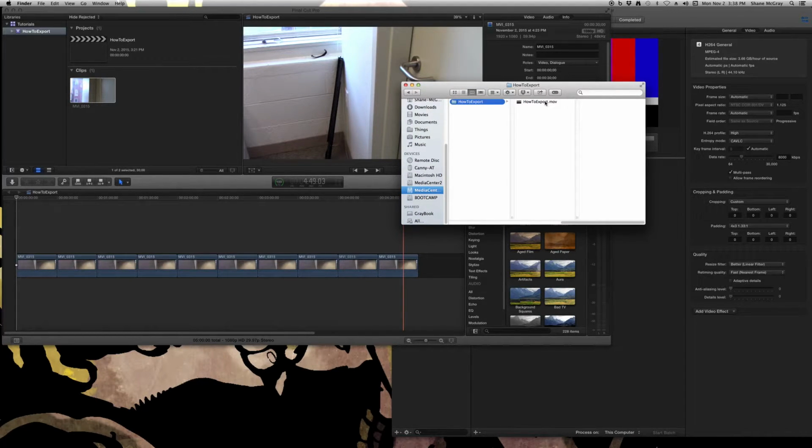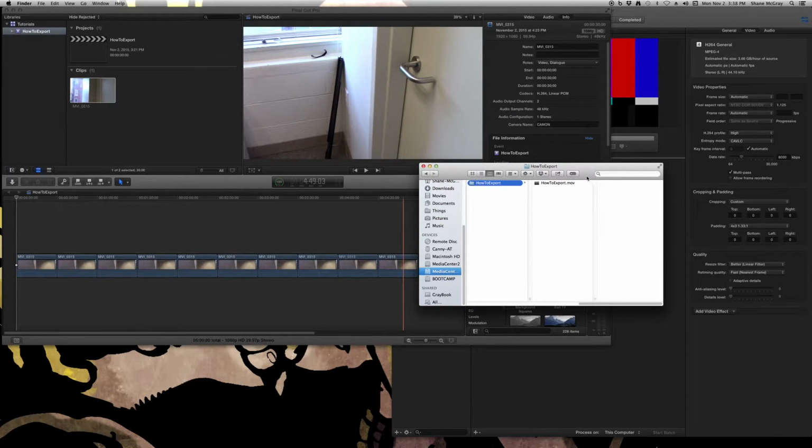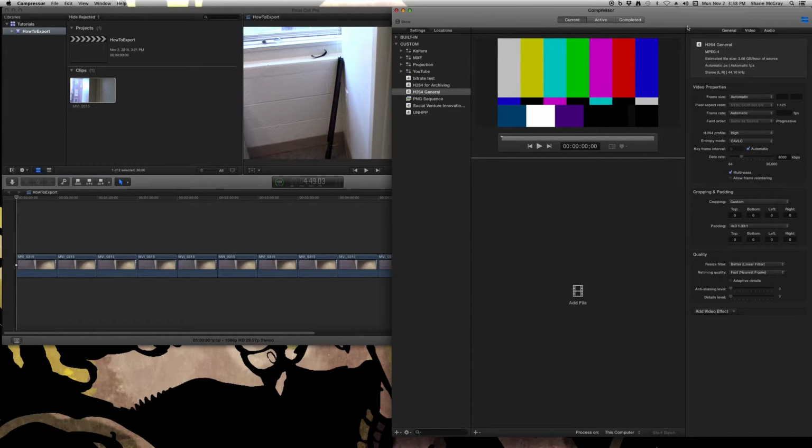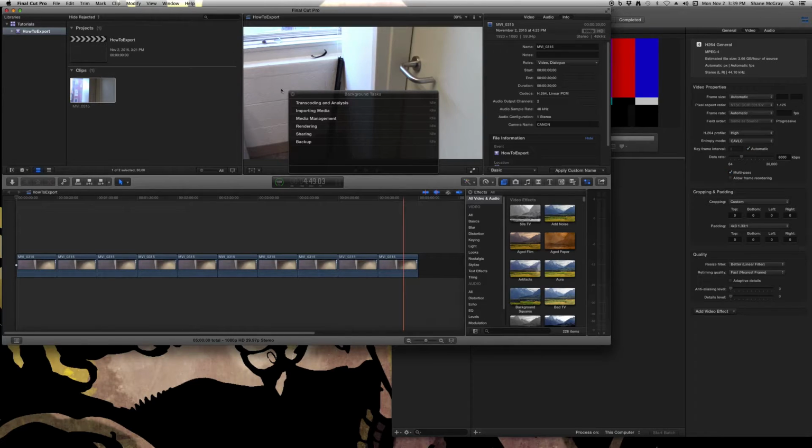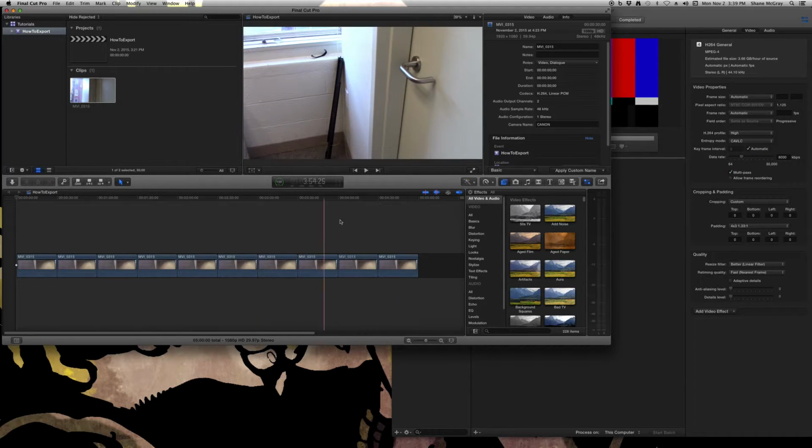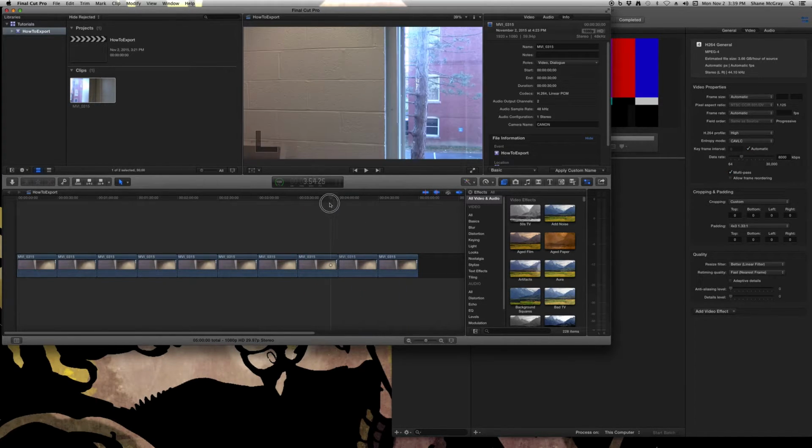Okay, so that's using the share option. Now let me show you an alternative using Compressor. Compressor is a program that comes with Final Cut, as far as I know. You can use it to convert video files from one format to another, but you can also use it to export from Final Cut. And to do that, you go into Final Cut, and it's going to export whatever we